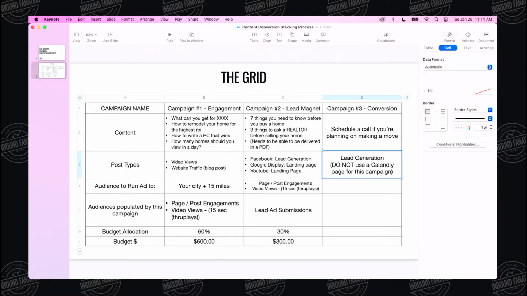Could you do this as a lead generation ad? Yes, 100%. You could do this on a lead form. There's no reason for them ever to leave Facebook to do this, okay? Audience to run this ad on: you're only going to run it to all lead ad submissions. That's it, right? And I should say audience, let's